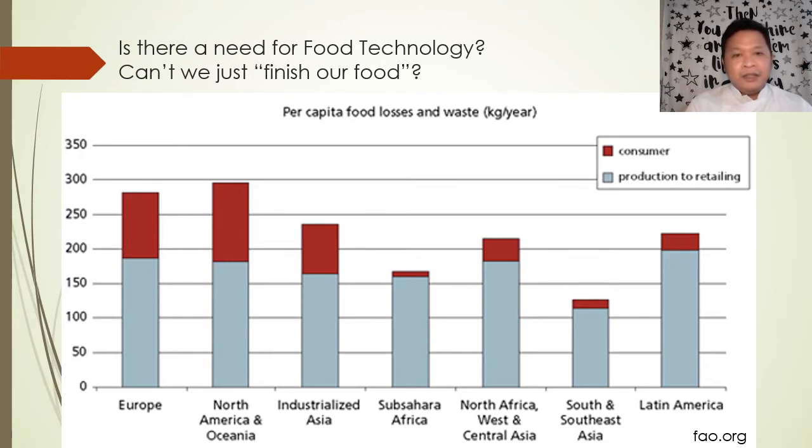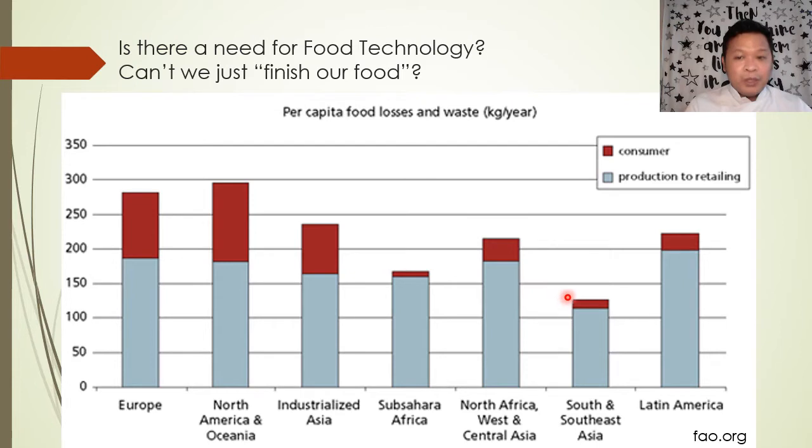Well, as you can see in this figure, we have here on the x-axis the different continents or categories of clusters of countries, and the per capita food losses and waste per year in kilograms. Per capita means each person loses this amount of food per year. And there are two categories here, the consumer end and the production end. So this is around, as you can see here, somewhere around 130